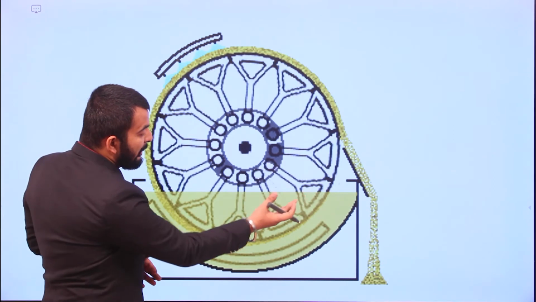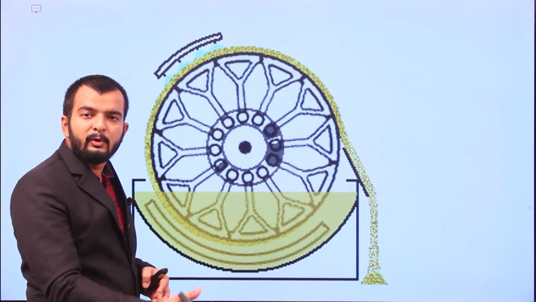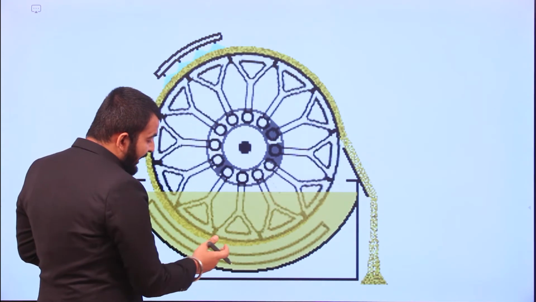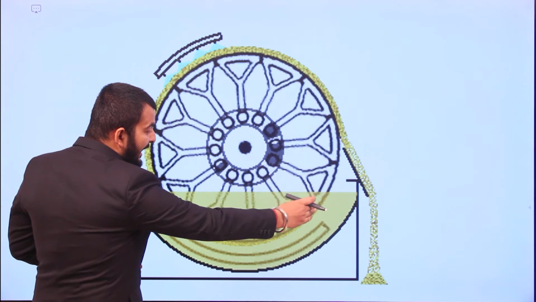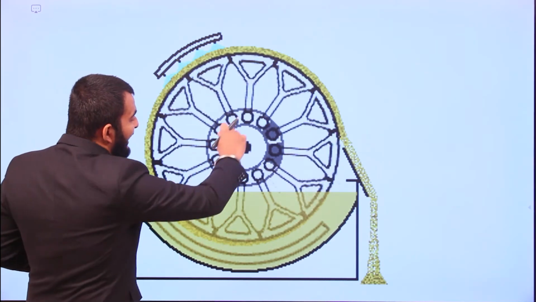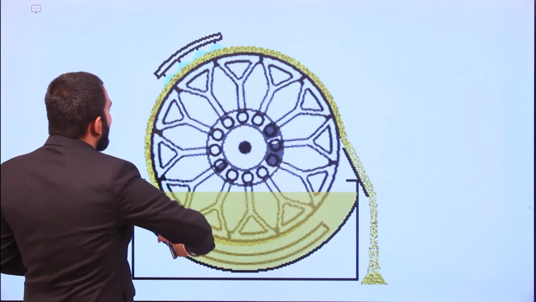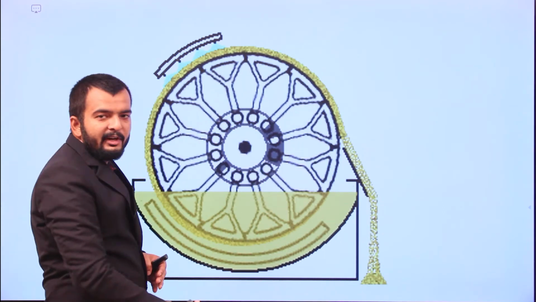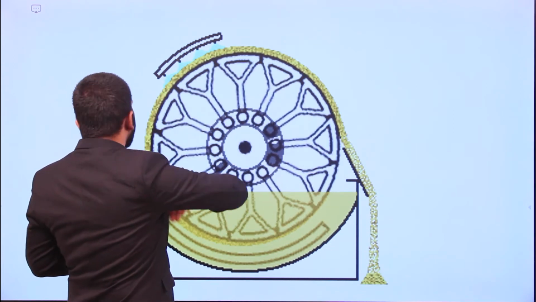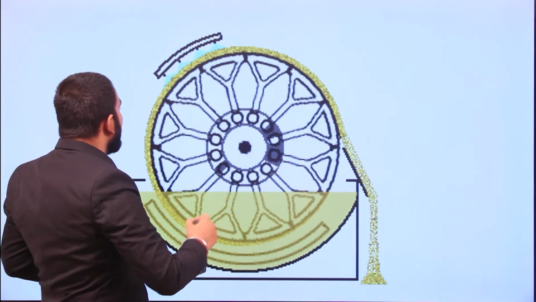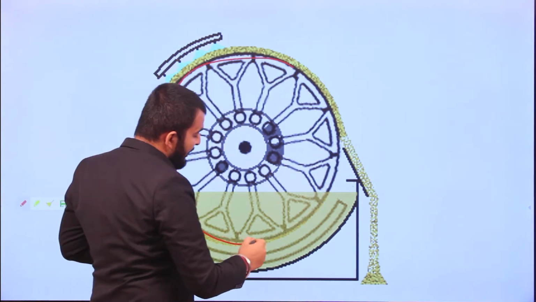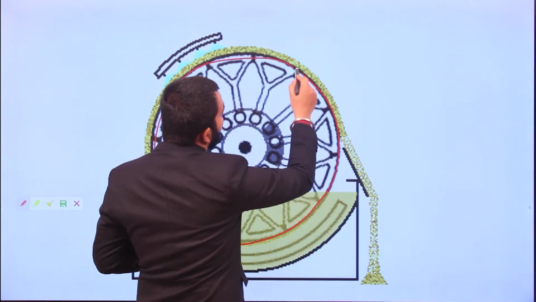So what happens is the lower end of this drum dryer will dip into that liquid. The surface which is coming in contact with this liquid, a layer of this liquid will be deposited on the surface, right? As this drum rotates, it will form a thin layer on the drum. Now this drum is being heated. The inner surface of the drum is heated via steam. Usually steam is used as a heating material for this inner surface of the drum.